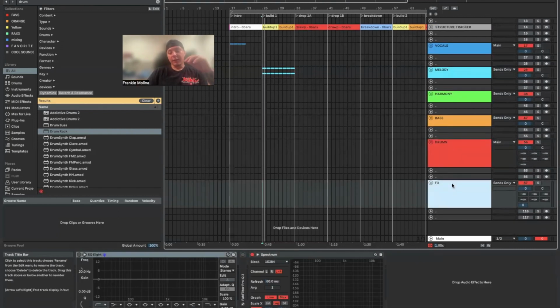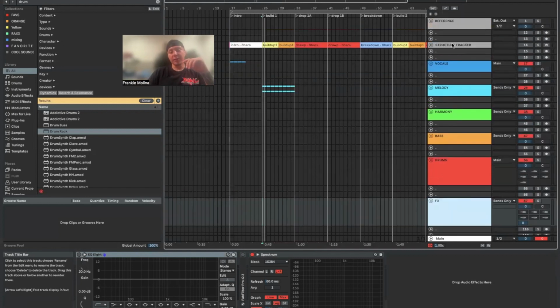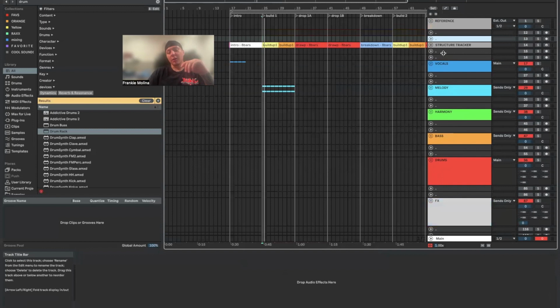So that's that. Now, one of the things that I also want to explain is that these tracks here are literally just spacers, okay? They're not doing anything. They're just dead tracks. They're not doing anything at all. All I'm using them for is to space out my sections so that when I'm